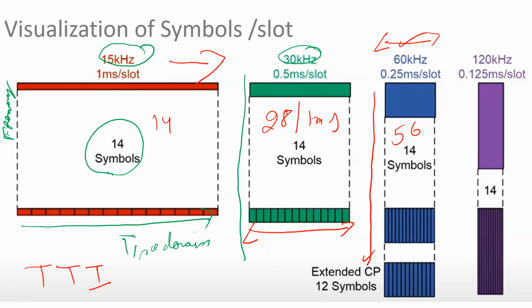So what will happen if subcarrier spacing increases to 120 kilohertz? We will make scheduling decisions 8 times faster as compared to earlier. So the whole point is that the faster I can make scheduling decisions, the lower the latency is. As I said earlier, this is coming fast, and we thought LTE is fast, but this is very fast as compared to LTE.